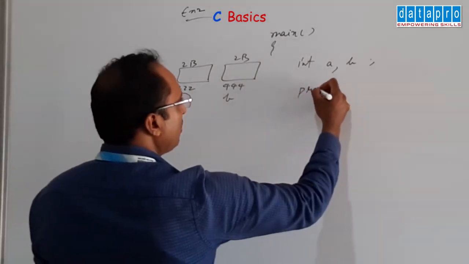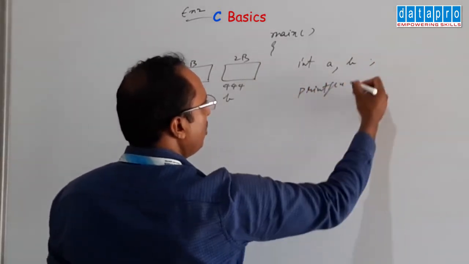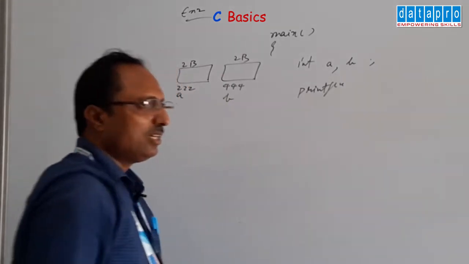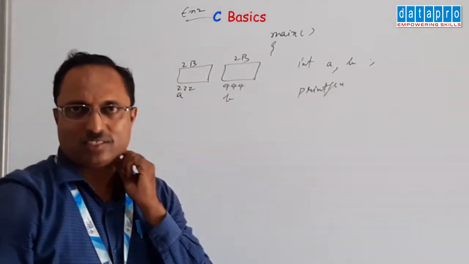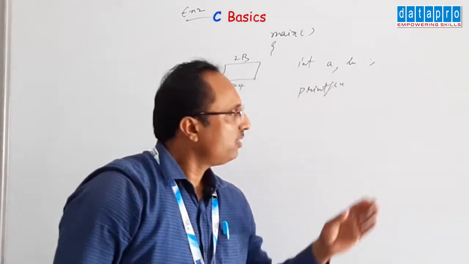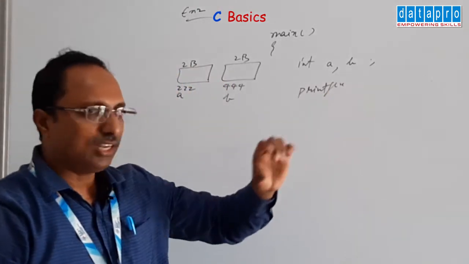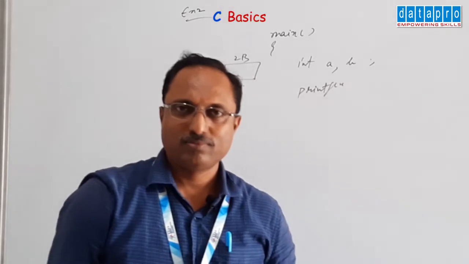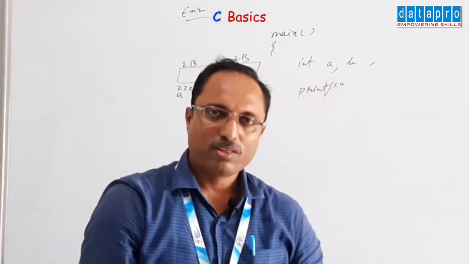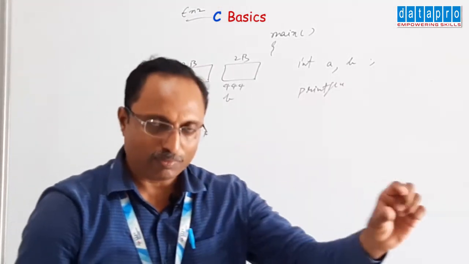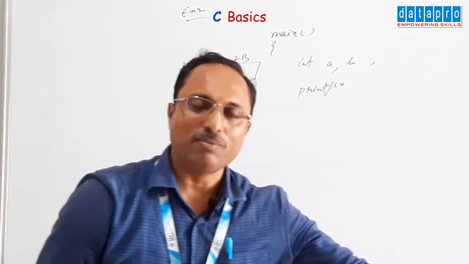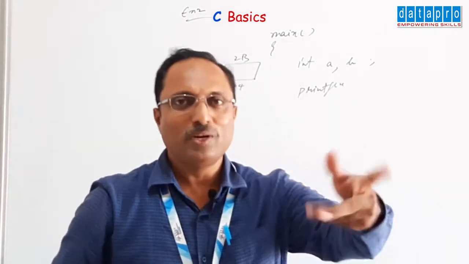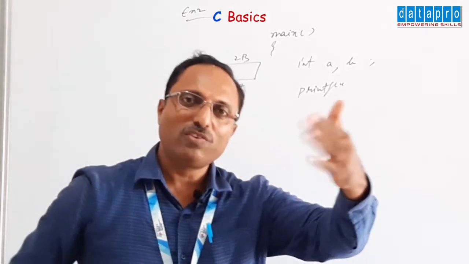Now ask the user to enter 2 numbers. Input can be taken in multiple ways. We can tell the user to enter 2 numbers, then the user will enter both numbers. Or we can say enter a number, the user enters a number, then we say enter another number, and the user enters another number. There are multiple ways. It's up to you in what way you want to read.